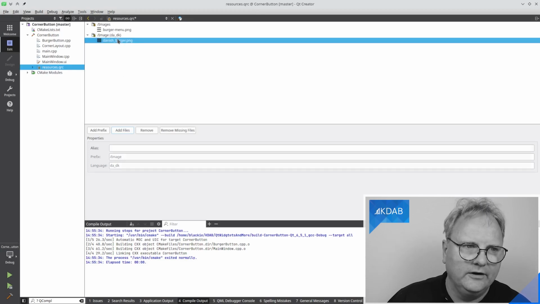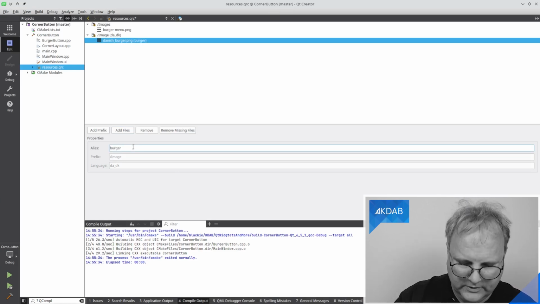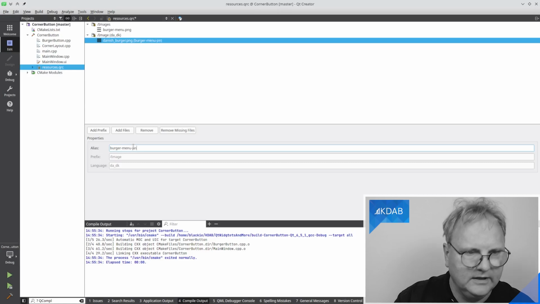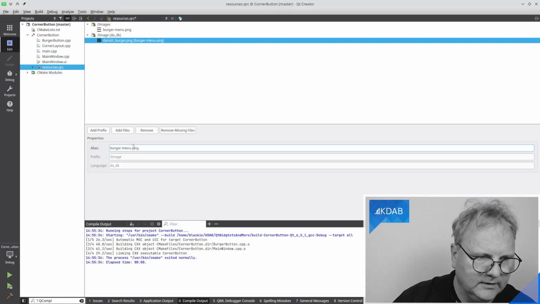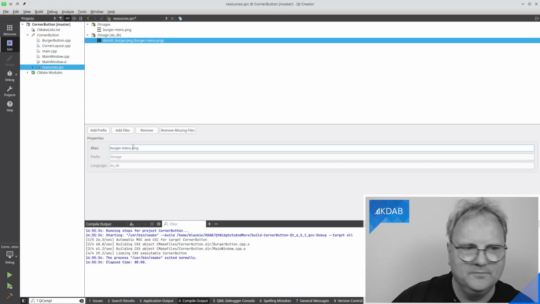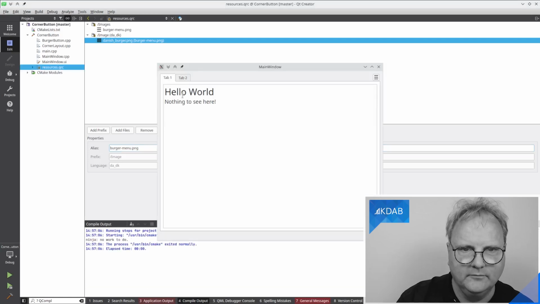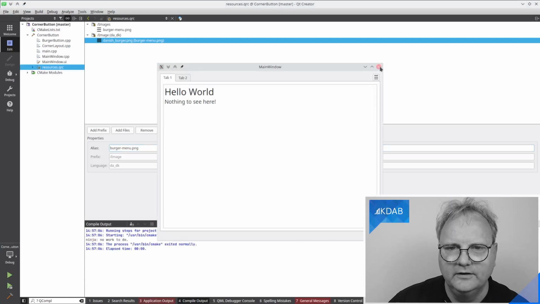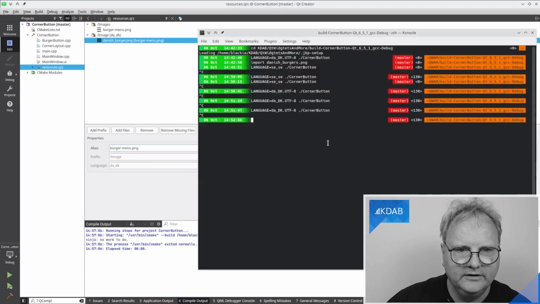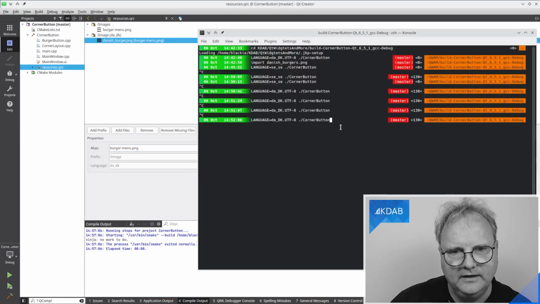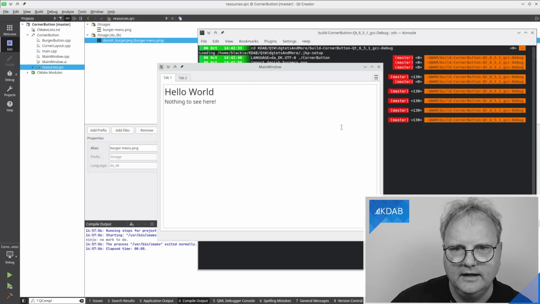And that's where I need to set up an alias here. So I'll set up an alias to be burger-menu.png. I better spell it correct, otherwise it will not load for me. I got that one now. I'm compiling, I'm running. You can see it's still this one here. But let me go and find my shell here and say language equal to Danish as they speak it in Denmark, and go.